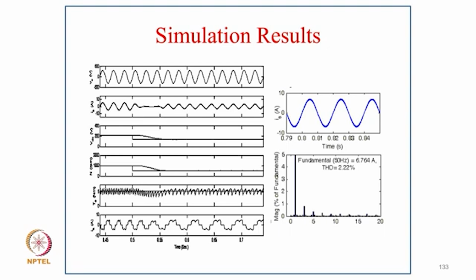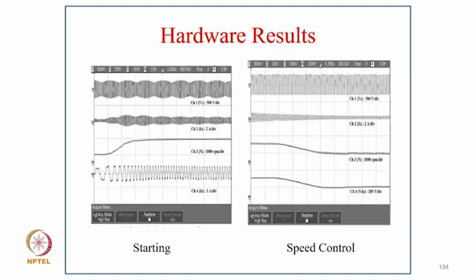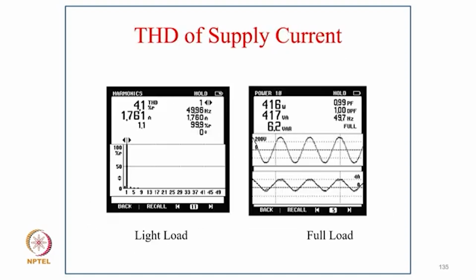These are of course the simulated results. You can see how, with speed variation, we can vary the voltage, but the supply current remains sinusoidal and in phase with the supply voltage. Then you can see below the torque and current of the BLDC motor, but the THD of supply current is only 2.2%. And these are the experimental results corresponding to starting as well as speed control, and the THD of supply current is only 4.1%, with power factor close to